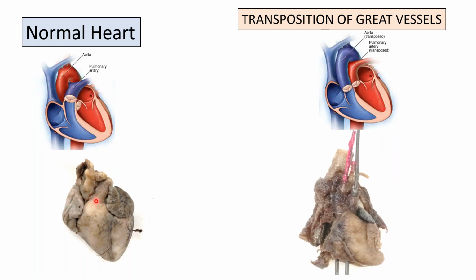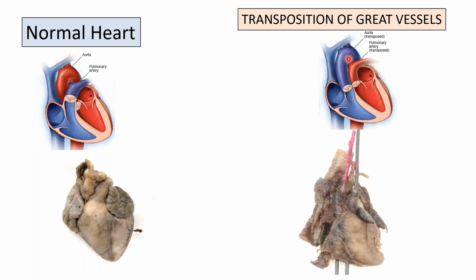In the proximal part of the truncus, the pulmonary artery was in front and the aorta was behind. In the middle part, the aorta was on the lateral side and the pulmonary artery was on the medial side. And in the distal part above, the aorta comes in front and the pulmonary artery goes behind. This is showing the normal relation because of the spiral course of the conotruncal septum. But during fetal autopsy, one of the cases that we found was of transposition of great vessels.